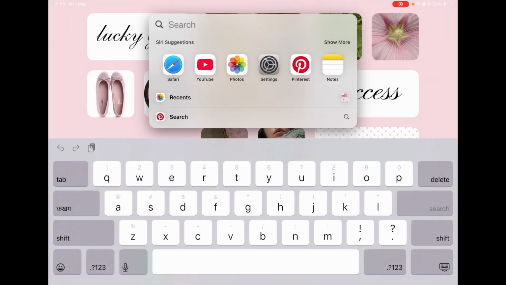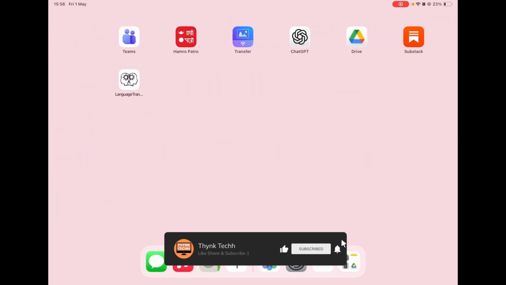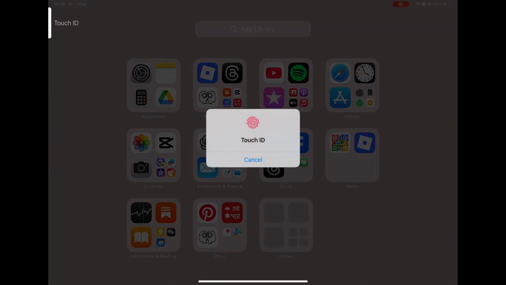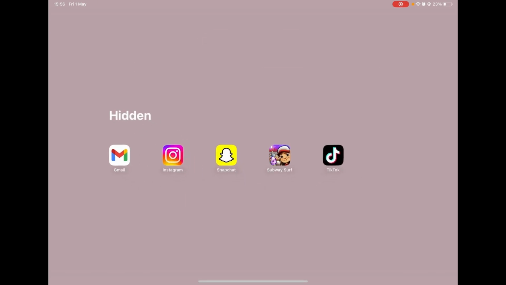is located there. Next, check your hidden apps. At the bottom of the app library, tap on Hidden and then enter your passcode or Touch ID, and then see if the App Store is listed. If you find it, tap on it and hold the icon, and then select the option to add it back